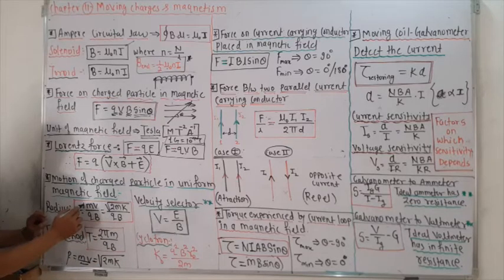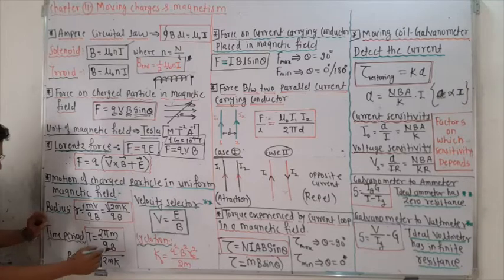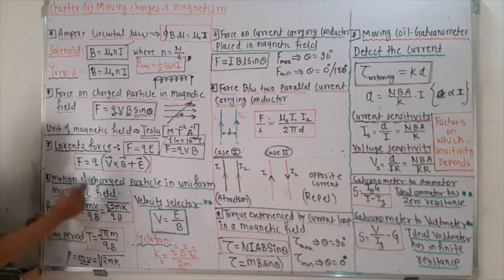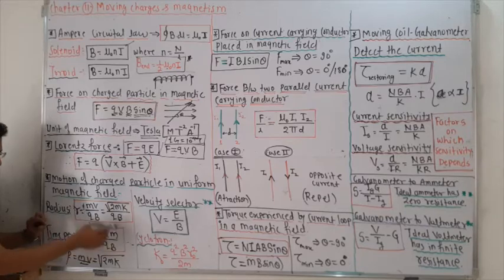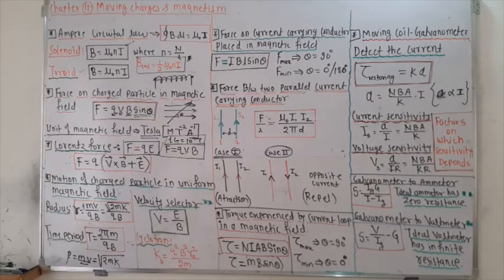That means if the mass is more, the radius will be more. If the charge is less, the radius will be less. So remember which quantity, if we increase or decrease, will affect r. If I pass a proton and an electron, which particle will get more radius? Of course the proton will have a larger radius, because the mass of the proton is more. The mass of the electron is less, hence the radius is smaller. Okay, so this is the thing.